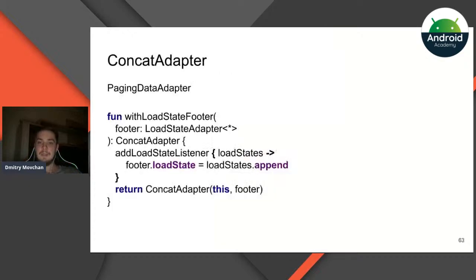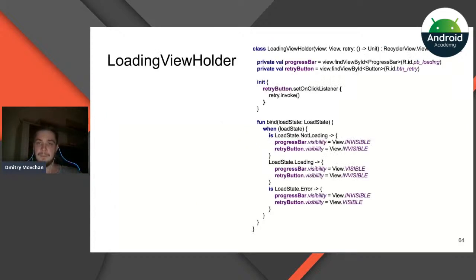For this purpose, the developers of Paging Library created the LoadStateAdapter that will be used as a ConcatAdapter with your PagingDataAdapter. Let's see this with an example. In our PagingDataAdapter, we have the function withLoadStateFooter. To this withLoadStateFooter, we should pass our adapter, and it will work. Let's see the example. So we will prepare some view holder for the loading states and error states. It's a really basic view holder, I guess.